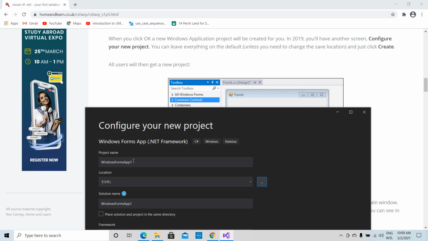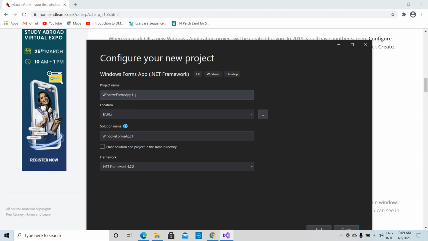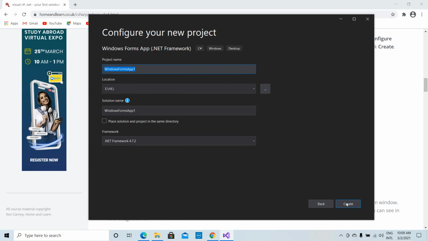So there we are going to save. Actually you can give any name to your project, but for the time being let's keep it as it is. And then when you click Create,